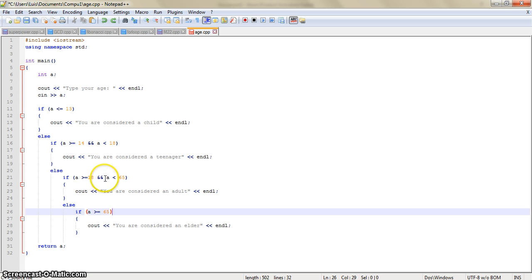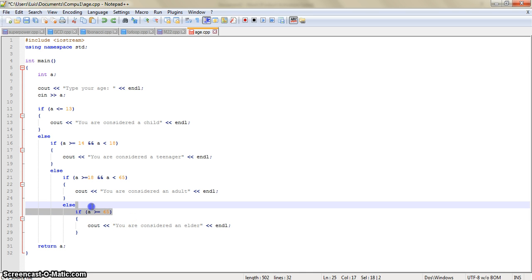If this is not true, it's going to go to the last statement, which is if age is greater than or equal to 65, which means if you are 65 or older, it's going to display you are considered an elder. In this last case, you can type in else and then type again if, or you can just erase this